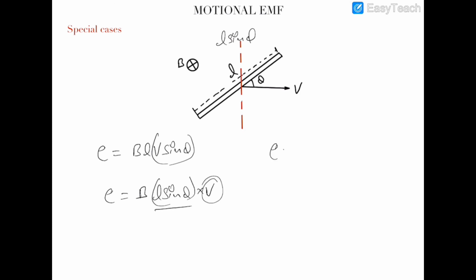So conclusively, if the length of the rod, the velocity of the conductor, or the magnetic field are not aligned to each other perpendicularly, then you should take the components of those and multiply them in scalar form, BLV, where B, L and V are the three components of magnetic field, length and velocity which are perpendicular to each other. So this was the complete analysis of the motional EMF,